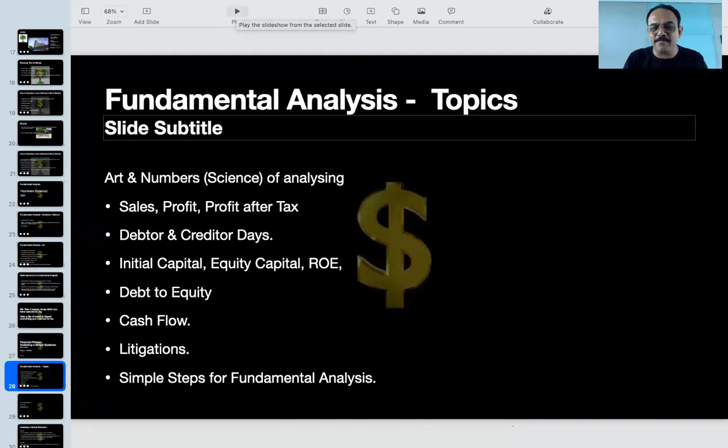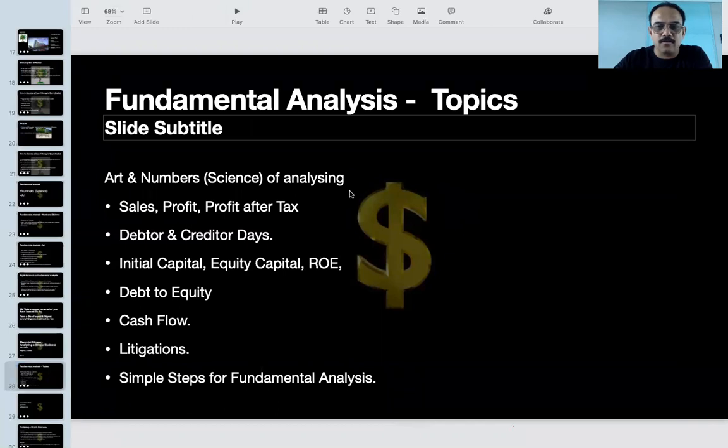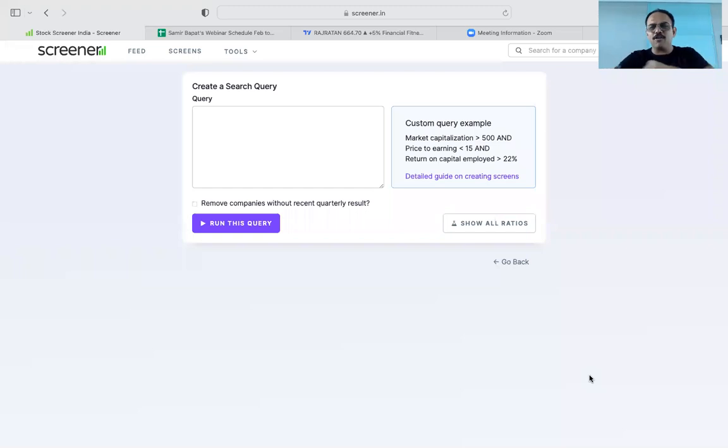in finding fundamentally good stocks. So just hold on, let's go. Okay, now let me first see the problem statement, to know what we are dealing with, right? We should know what we are dealing with in the stock market. Then you will find that okay, now the program feels good.